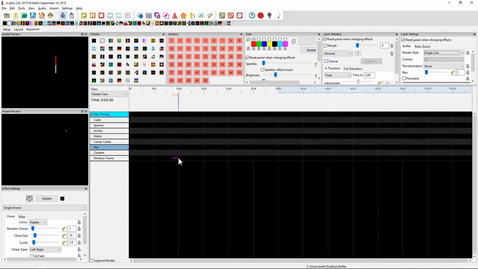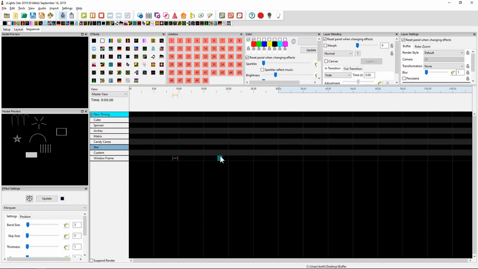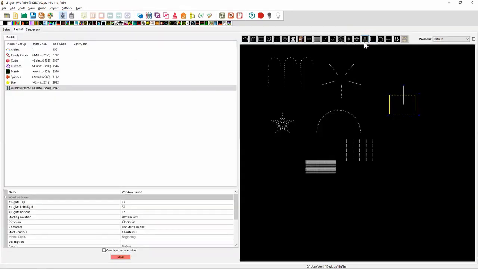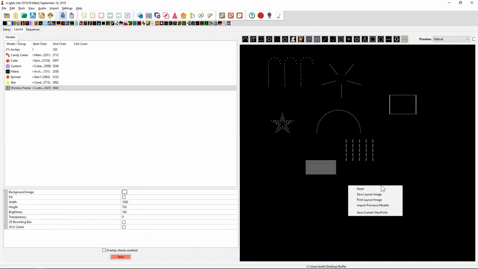But the beauty of the window frame being drawn that way means that if you did choose to throw a marquee down, the marquee is going to produce the result you would expect because it does draw it around the outside. I don't think any of the others offer anything that's interesting. The polyline just draws a straight line, just like the single line does. The icicles does draw a